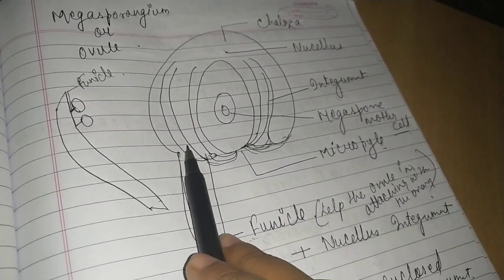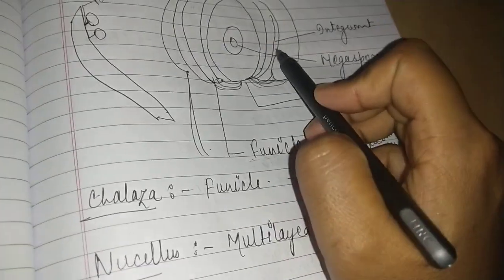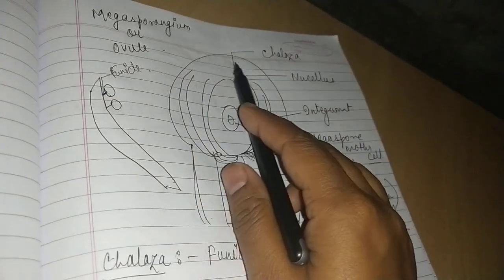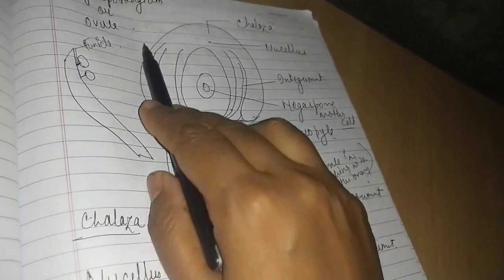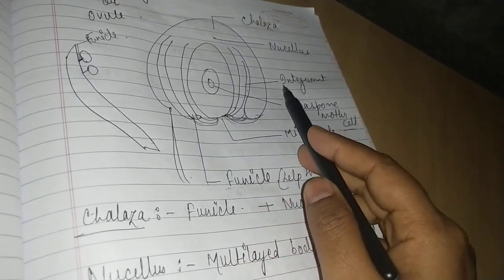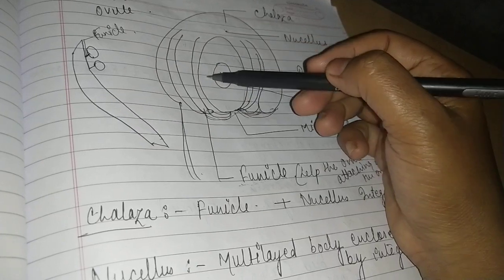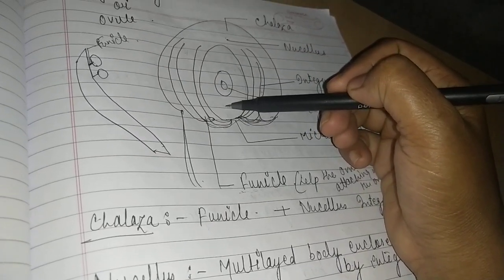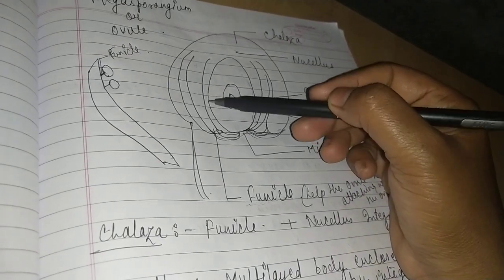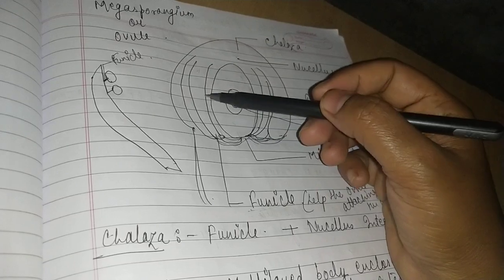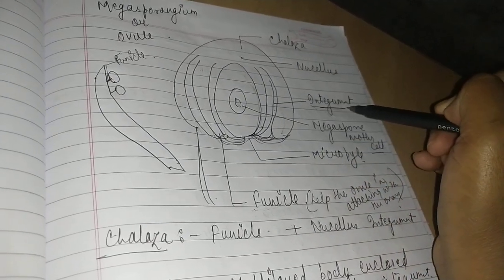After that, we go further. You can see the multi-layered line over here. As we enter the ovule part, the first main protective layer comes. This protective layer is known as the integument. There is multi-layer protection of the embryo sac, because the embryo sac is a very important organ, so we need protection there. So this is the embryo sac. You can see this embryo sac. You can say that it is a megasporangium. See here, in order to protect it, there is a multi-layer area present which is known as the integument.